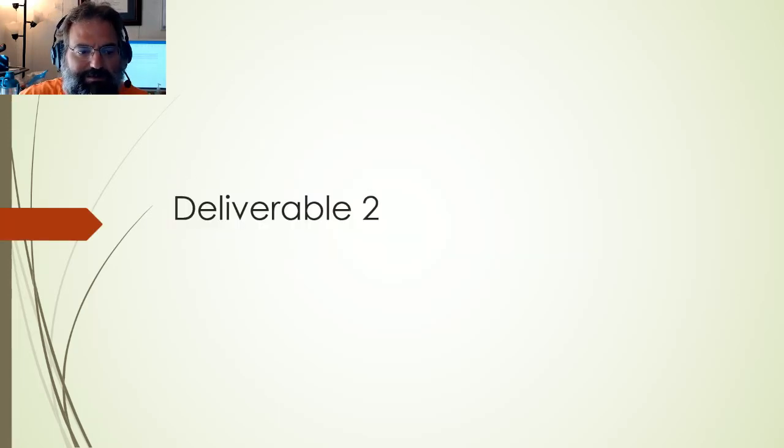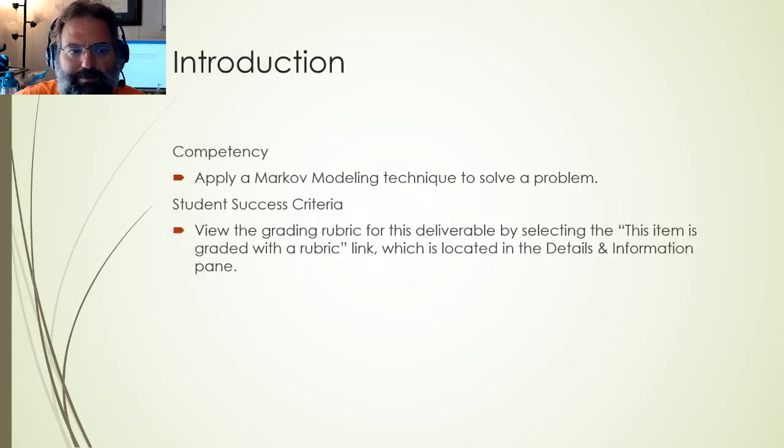I digress. Deliverable 2. So you guessed it. You apply Markov modeling to solve a problem. And the rubric is the source of truth. So that is what I grade by. I will stick to it